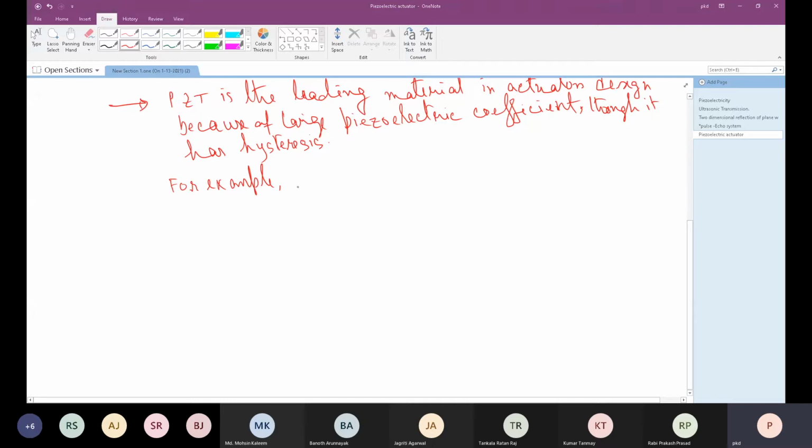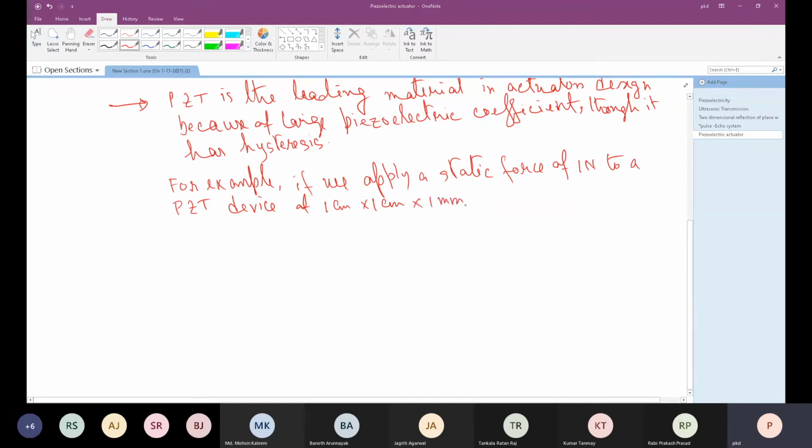If we apply a static force of 1 Newton to a piezoelectric device, to a PZT device of say 1 centimeter into 1 centimeter surface area, and the thickness is 1 millimeter,